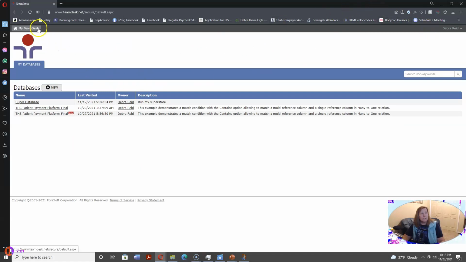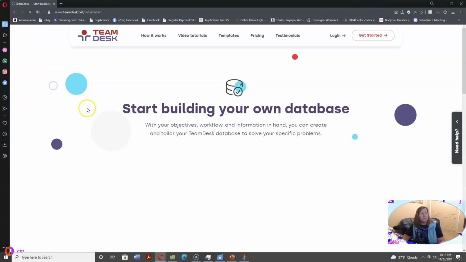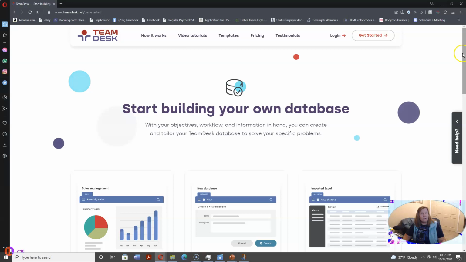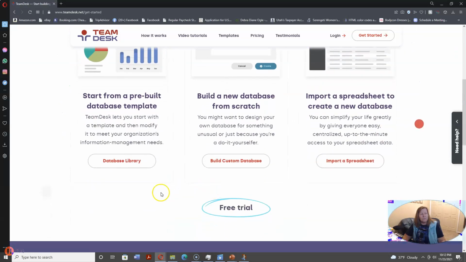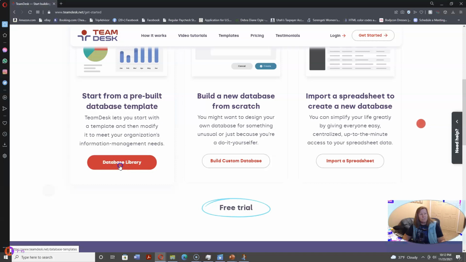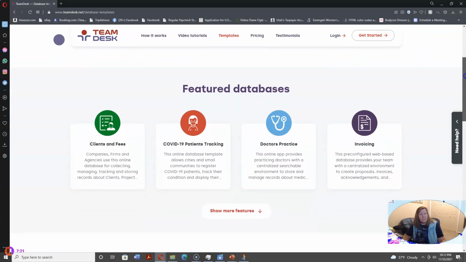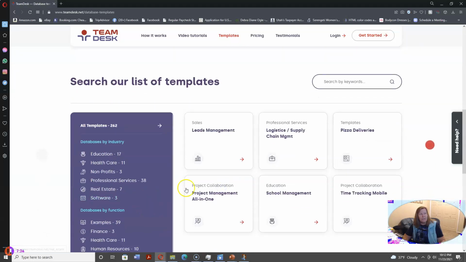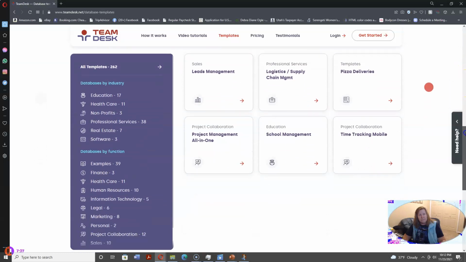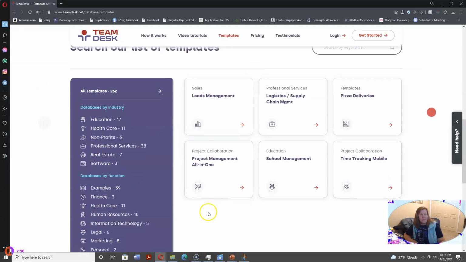So again, you can go back to a new database, and it brings you back in here, and you can do trial and error as much as you like, or like I said, you consult with my team and I and see what kind of features you want and which one of these works better. Some of these templates are a little bit older. Some of them are more up to date. That's the advantage that I've had the ability to play with many of these, and I kind of know what works better. Like this project management,